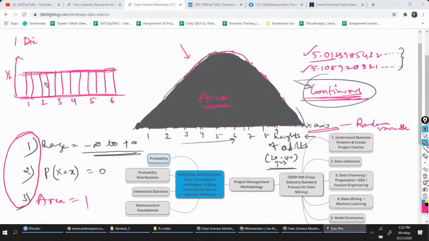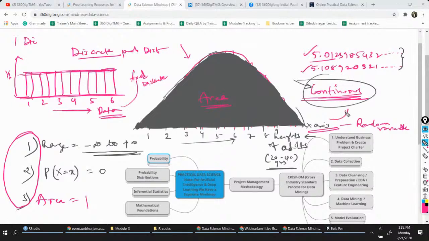This distribution that you are seeing is called a discrete probability distribution, because the data that we are looking at here is fixed data. Fixed data means it is called discrete data. Whereas here the data is continuous. So we call this distribution, which is a shaded portion of the curve, not bars. You don't get any bars here like this. You get a shaded portion,